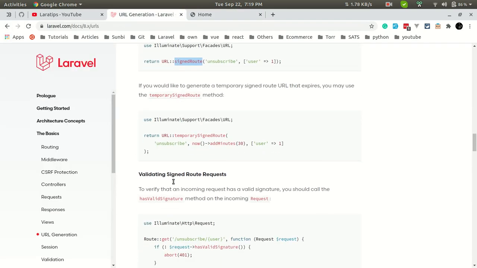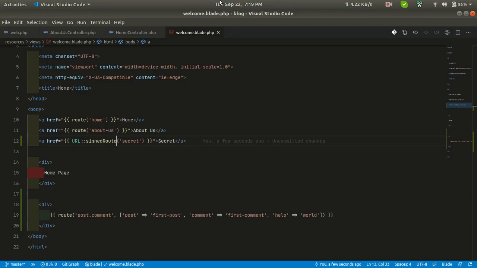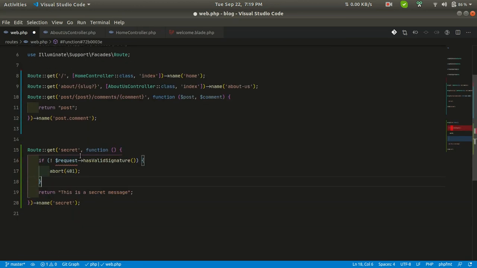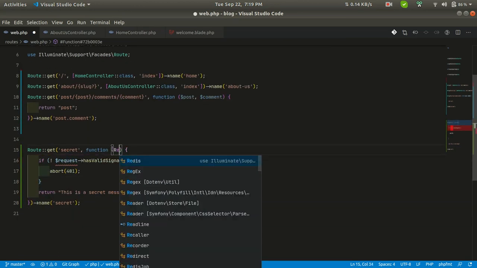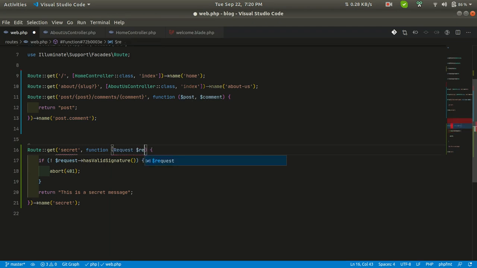We have to check it. Okay, we have to check here. So how to check? Like this. This request is an Illuminate HTTP request, and we'll be learning about this as well in our future videos. But